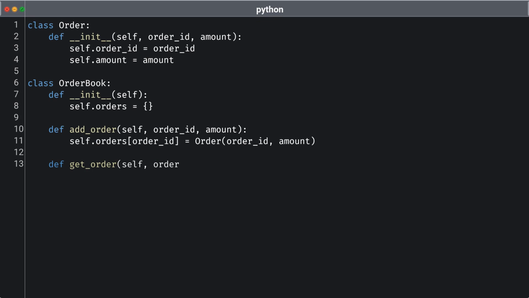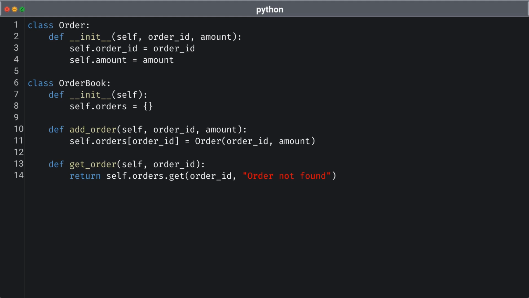The order book class manages these orders using a dictionary, or hash table, enabling rapid access and modifications. When a new order is added through the addOrder method, the order is stored in the dictionary with the orderID as the key and an instance of the order class as the value. This structure allows for quick retrieval of order details through the getOrder method, which uses the get function of the dictionary to access details based on the order ID. If the order exists, its details are returned. If not, a message indicating that the order was not found is provided. This efficient approach is particularly crucial in high-frequency trading scenarios, where speed and quick access to order information are paramount